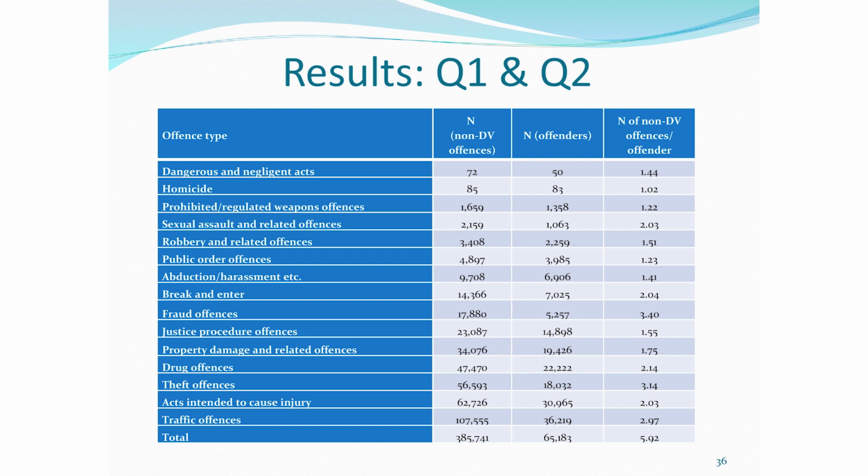That's what you'd expect. But go up a little bit to, for example, break and enter. 7,000 of the domestic violence offenders managed to generate 14,366 break and enters. And you can do the comparisons yourself, but the general point that comes out of this table is that they are committing all sorts of offences. They're not restricting themselves even to violent offences. They're involved in burglary, fraud, robbery, public order offences.